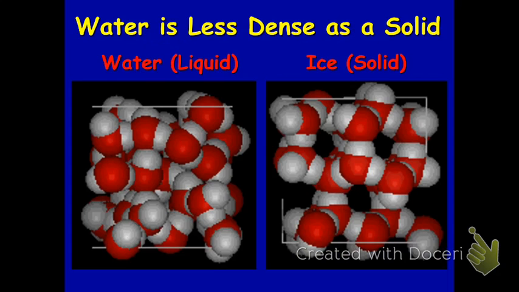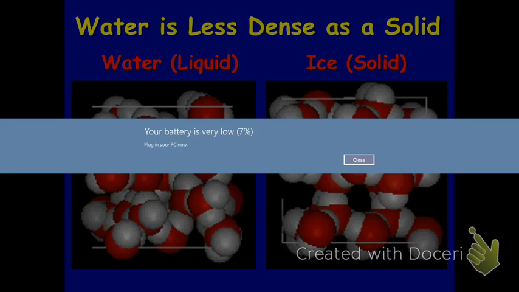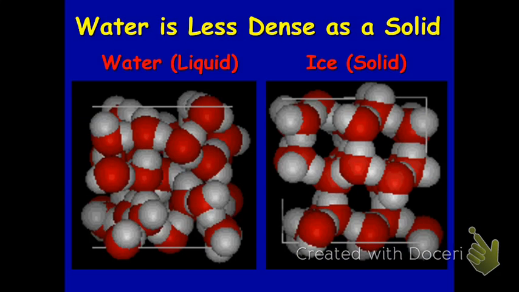A good analogy would be if you were all walking around in the class and kind of bumping each other and pretending like you were water, and then right when I said freeze, you all grabbed each other's hands and stood as far apart, putting your hands while you were still connected, putting your hands as far apart as you possibly could. Okay, and then all of a sudden you'd be a rigid structure, but you would be